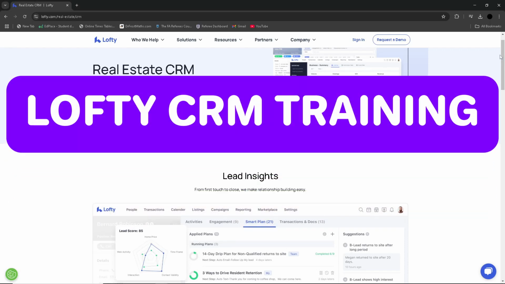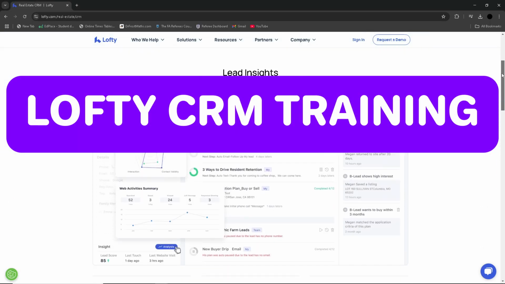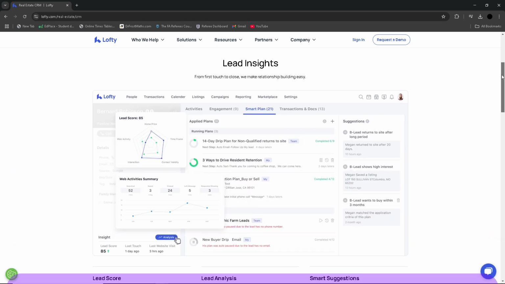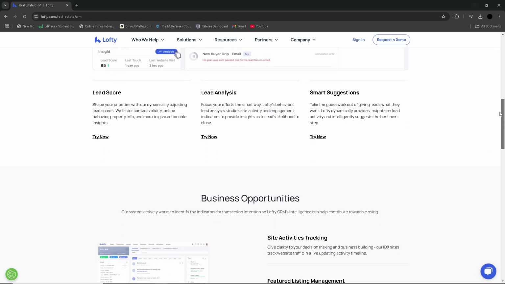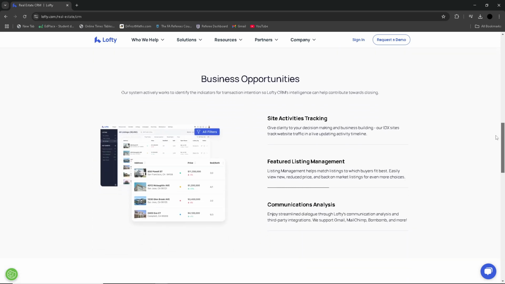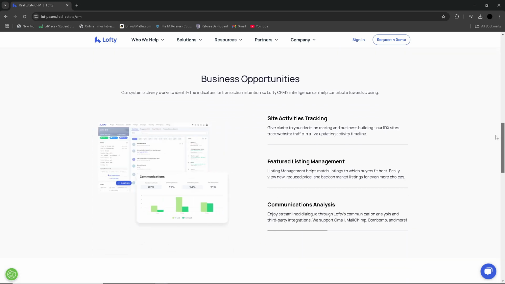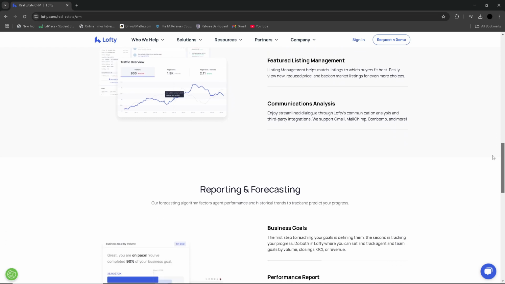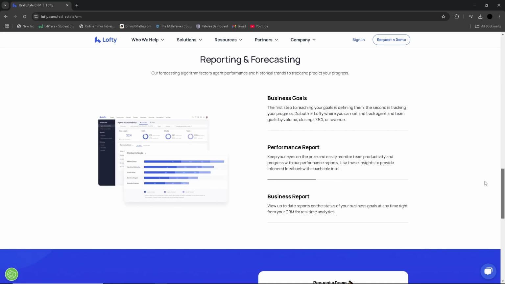In this video, we will learn how to use Lofty CRM. First, log in to your Lofty CRM account with your credentials. Next, navigate to the dashboard. This is the central hub where you can see all key metrics, pending tasks, and an overall view of your